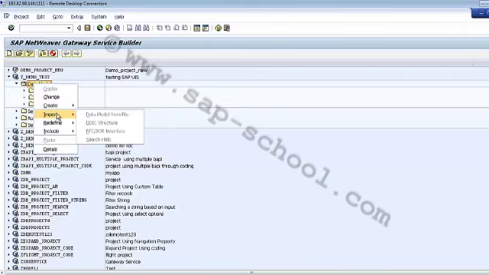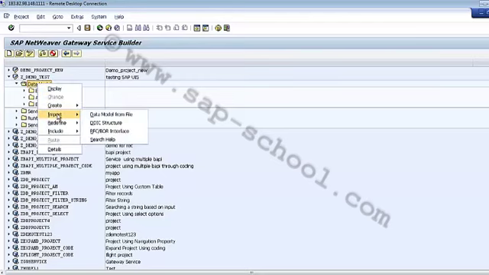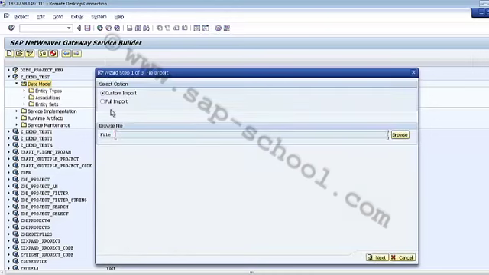So I am just in the display mode right now. If I want to go into the change mode, I can just directly click on this change. Now if I right click and go to import, my data model from file option is enabled. So I can directly click on this data model from file, and now we can see that this custom import is enabled. So this is the difference between the full import and the custom import.